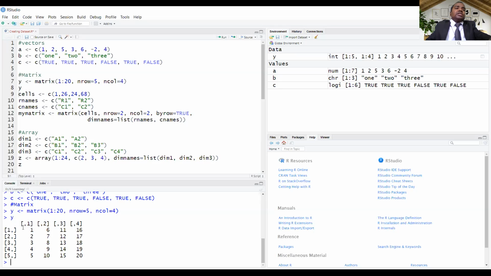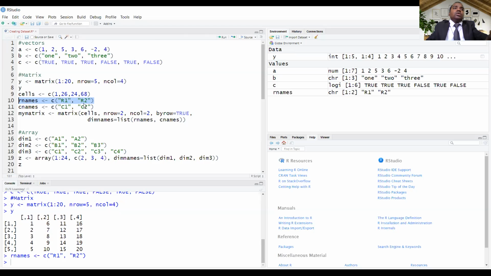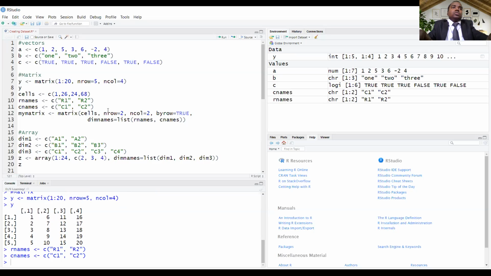Then here we can see the row names and column names have been given as 1, 1, 2, 3, like that. It is a little confusing. We can rename them. We are renaming the row names, giving R1 and R2. Then similarly for the column names, we are giving C1 and C2.